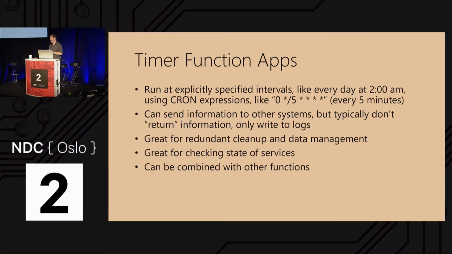So there's three main categories, or the way Azure is grouping them, of Azure functions. I don't necessarily agree with the way they've done it, but it's really just informational. The first one is timer function apps that run at intervals or manually, or whatever you want. Usually you're using cron expressions to specify how or when it's going to run. That can be used for anything, of course, but people usually use it for cleanup, data management, checking for state, monitoring something, that kind of thing.